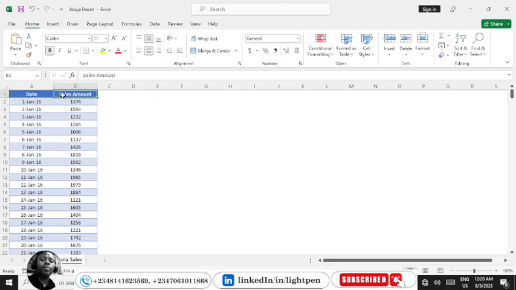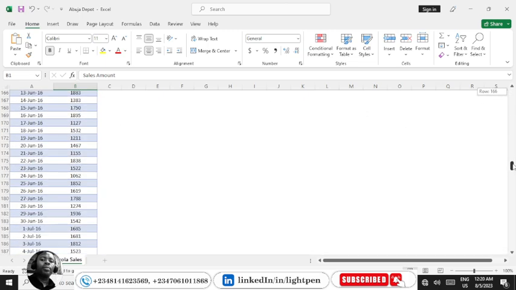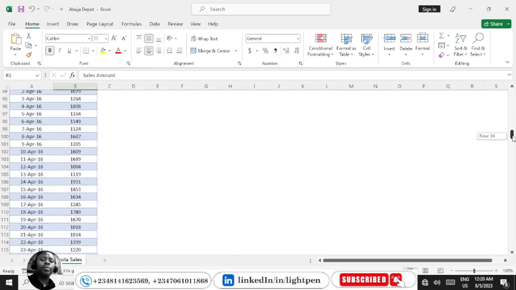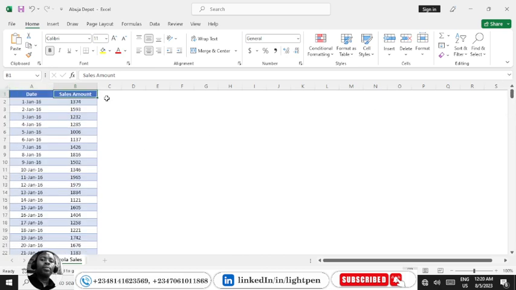Inside of it, we have two columns and 367 rows of sales records for Coca-Cola. You could see here that the worksheet is named Coca-Cola sales, and this is for Abuja Depot, as you could see on the title bar. We have 367 rows and two columns, and we have the date column and the sales amount column. The same thing